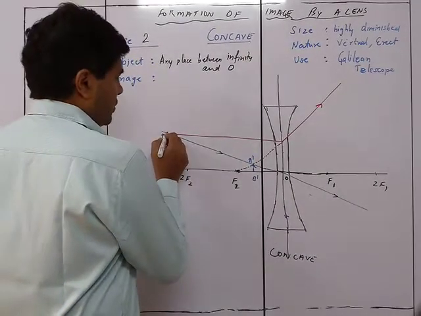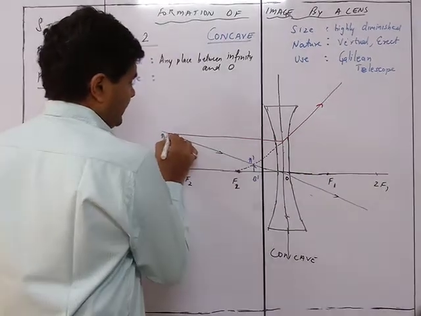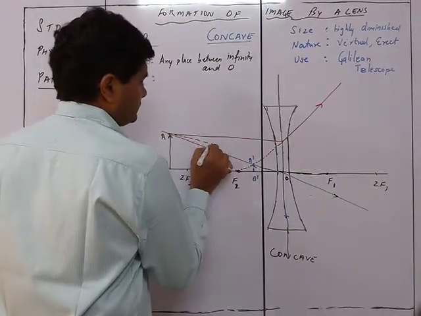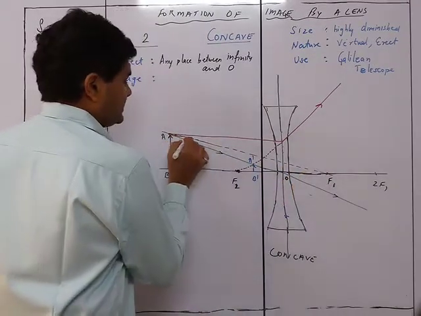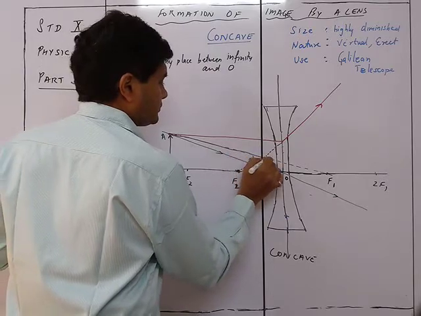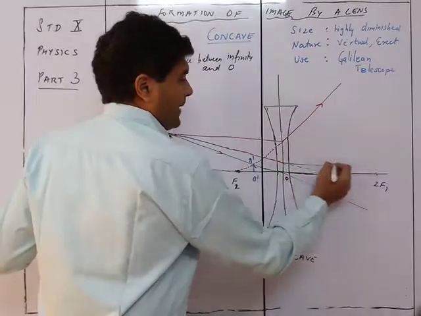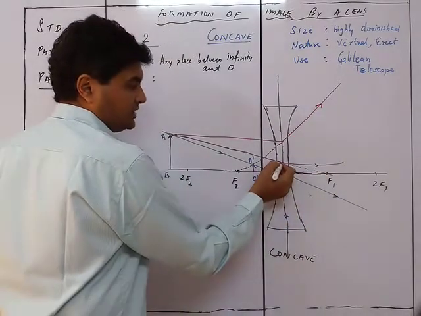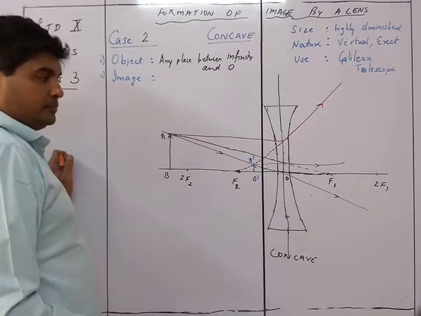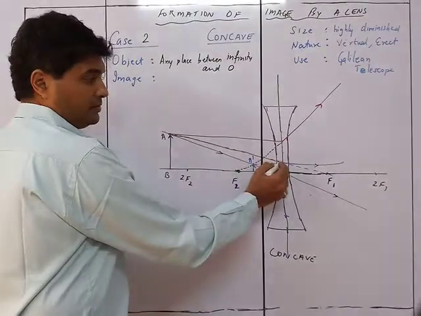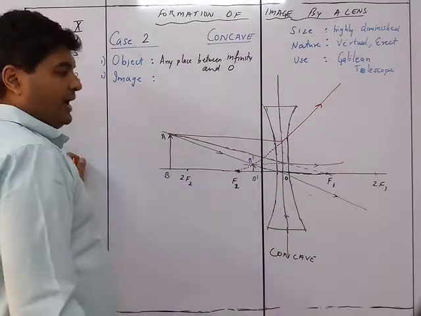So we are trying to draw a straight line from here to here. So this is the line. After refraction, it is becoming parallel to the principal axis. So this, when you take it backwards, will meet this point. Got it? The brown line. So that's how we are going to get the intersection point as virtual.